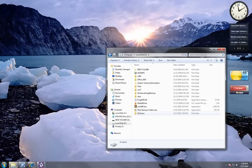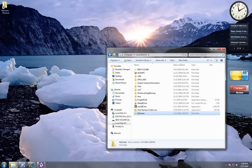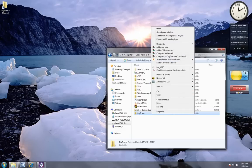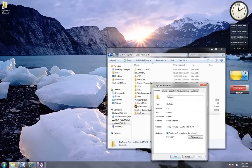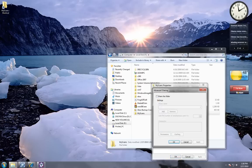Okay, now I'm going to right click on the My Scans folder, go to Send to, Desktop, and what that does is create a shortcut on your desktop, making it easier for you to get to. Now go ahead and right click on My Scans again, click on Properties, click on Sharing, and then go ahead and click Advanced Sharing. We're going to check mark Share this folder,